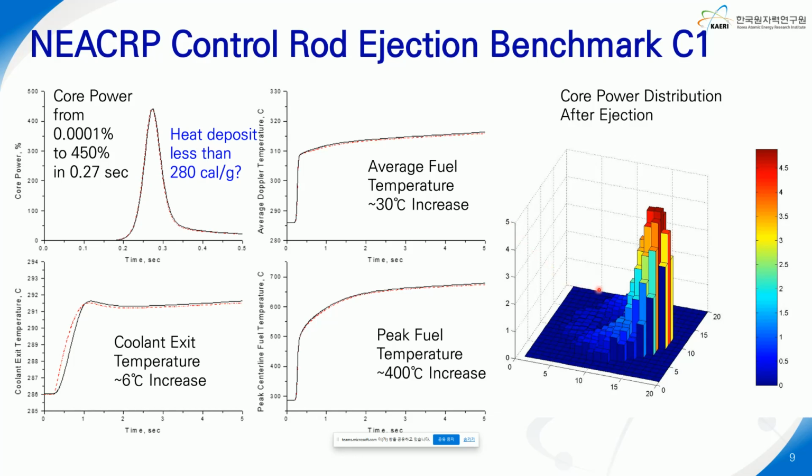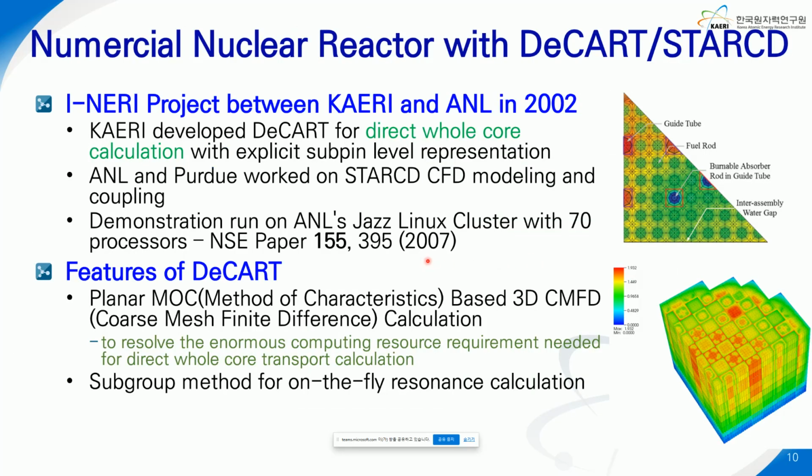This figure is the core power distribution, which shows a very high peak at the ejected rod position. It is noted that the power distribution is shown in the unit of quarter assemblies, not pinwise, because each assembly is represented by homogenized cross-sections. In 2002, it was possible to obtain detailed sub-pin level core power distribution through direct whole core calculation, which does